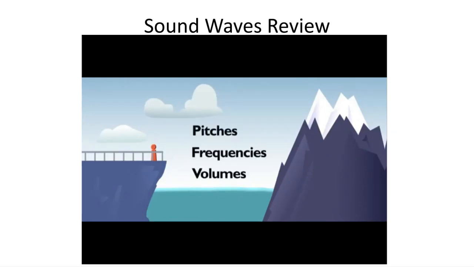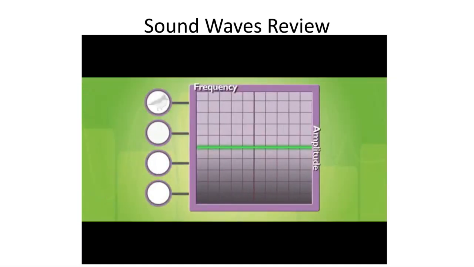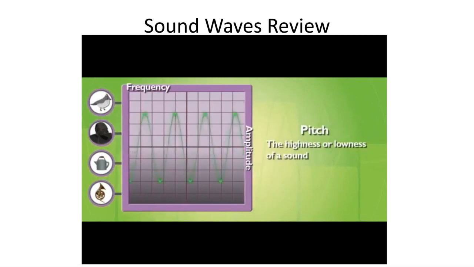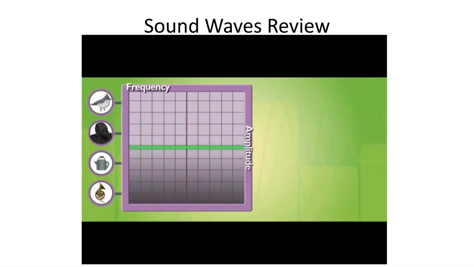Huh? You're losing me. Okay, think about the gazillion sounds around us. Yeah, like birds sound totally different from gorillas, and tea kettles sound different from tubas. Right. Their sounds have different pitches, high and low. So what makes them that way? High-pitched sounds have a high frequency. That means their sound waves vibrate quickly, and there are lots of waves per second, so we hear a higher pitch. And low-pitched sounds have a low frequency? Right. Fewer waves per second.